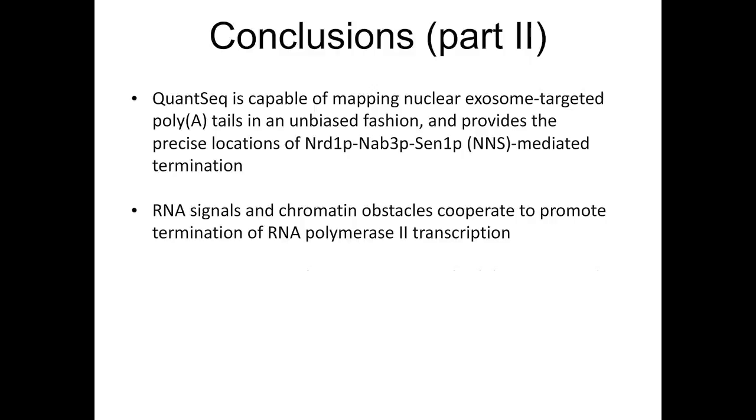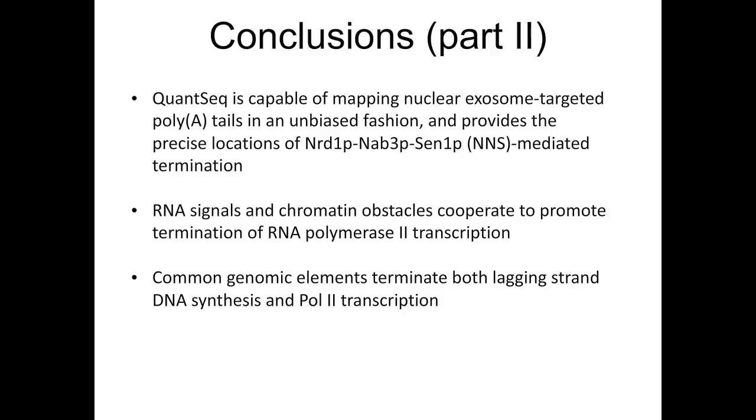We're also able to discover that it's not just the RNA signals that matter in defining termination, but that the chromatin obstacles, so the DNA binding proteins that are impeding RNA polymerase II, are very important in promoting termination. And lastly, we can conclude that these common genomic elements that bind DNA terminate both the DNA synthesis and the lagging strand replication and RNA polymerase II transcription. And so it suggests that the cell is utilizing a common set of partitioning elements in the DNA to regulate